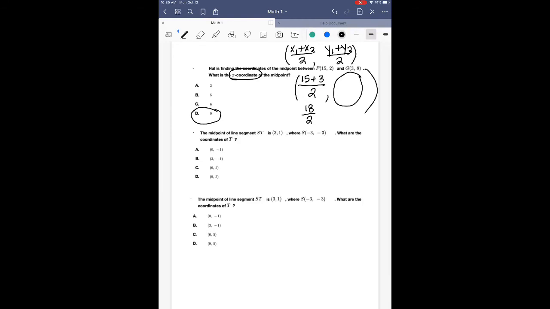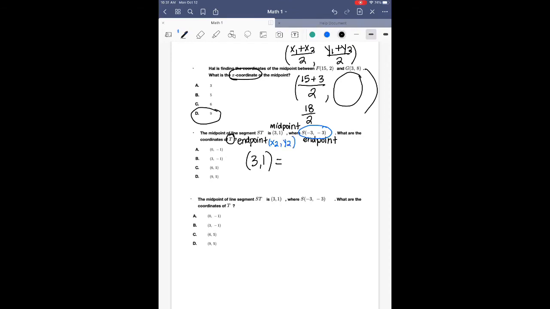Now, for the next problem, it says the midpoint of the line ST is, so they're giving us the midpoint. This right here is the midpoint, okay? So that's the key. This is an endpoint. They want us to find the other endpoint. So we're going to have to work backwards here. We know the midpoint was (3, 1), and we know we have this endpoint right here that was used. But what we don't know is the other endpoint. So we're looking for that x2,